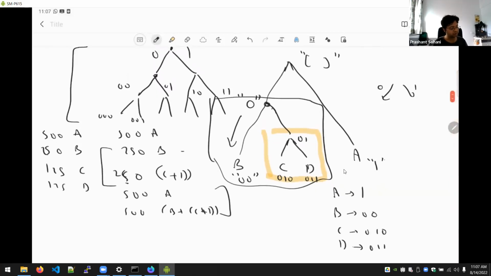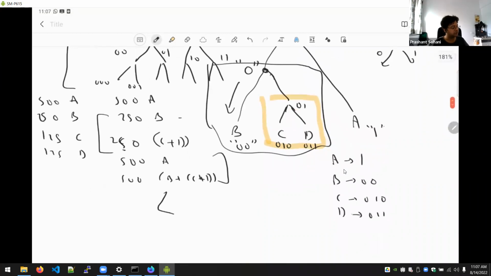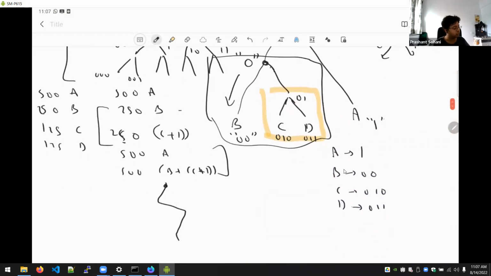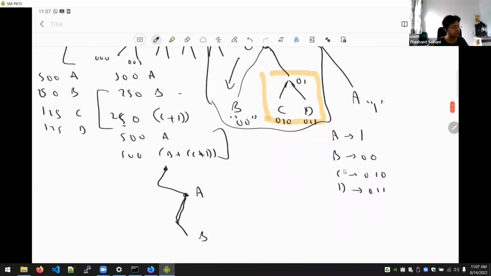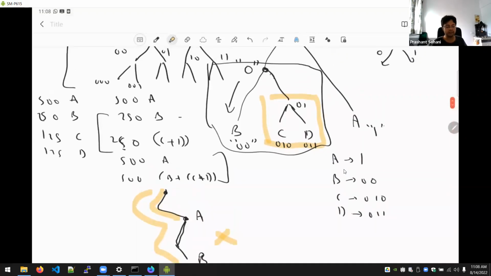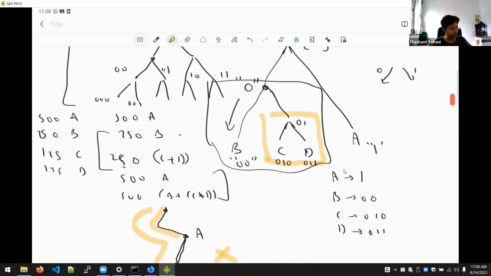Okay. So by the way I constructed the tree, do you see that it is guaranteed to be prefix free? See, when will a prefix occur? If there is some part of your tree where, starting from the root node, you first encounter some character, let's say A, and from that you continue to descend to some other character B. If that happens, then clearly the code of A is going to be a prefix of the code of B. But the way we have constructed the tree, you are always going from leaves of the tree to the root of the tree, so this will never happen. Okay, so that is why this construction is guaranteed to be prefix free. I have not given the proof of why this construction is guaranteed to be optimal yet.